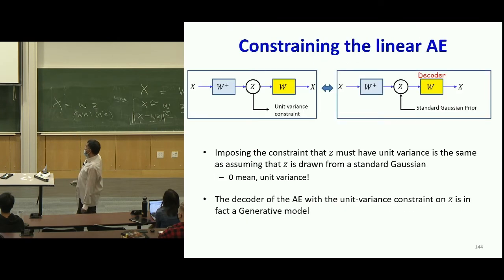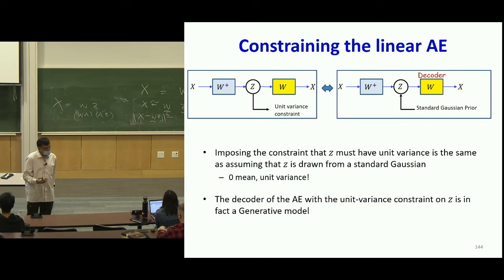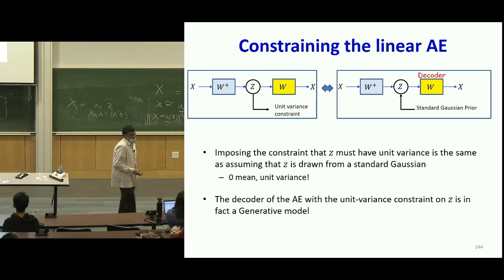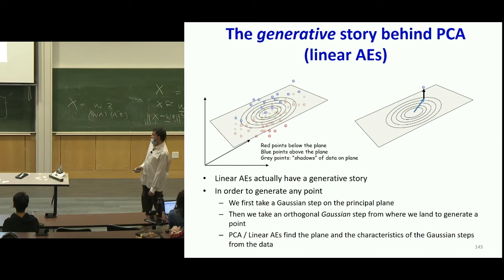Basically what we are saying is that I can generate data from a standard Gaussian, and then I can pass that data through a linear transform, and when that comes out I'm going to get data which looks somewhat like the data that I'm trying to represent. So the second portion is your